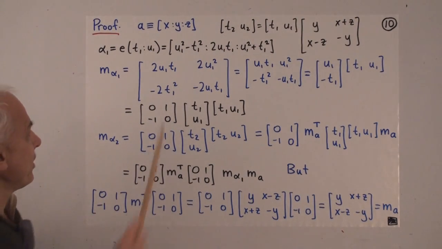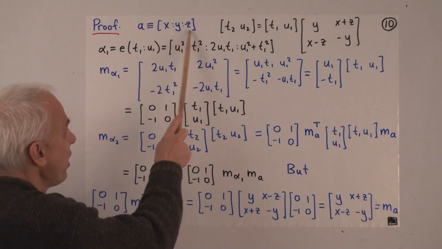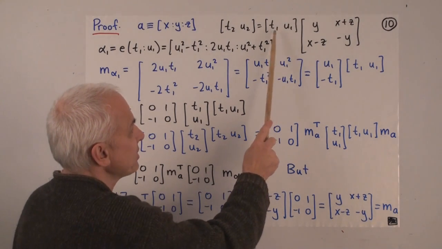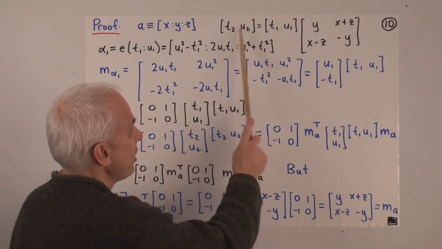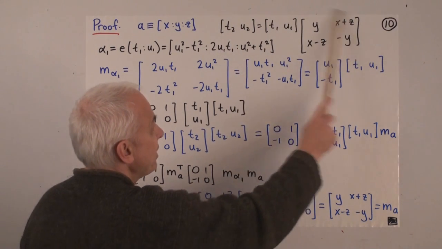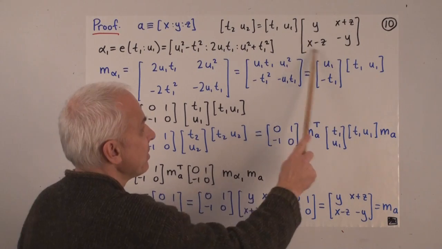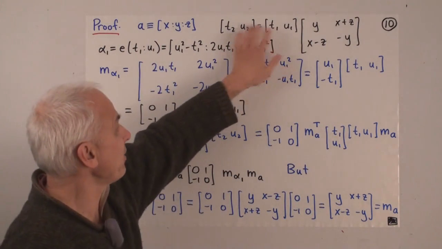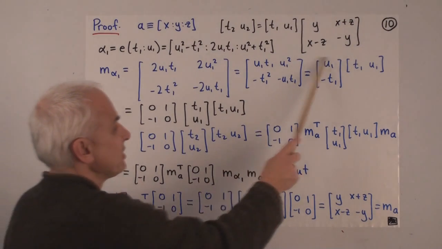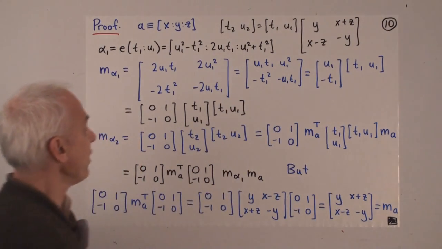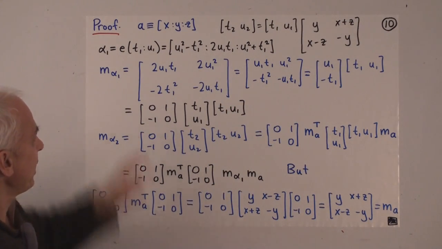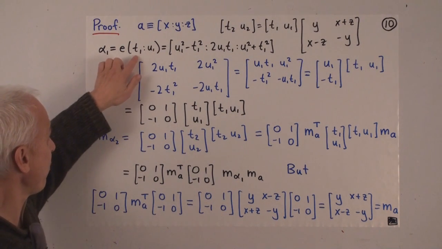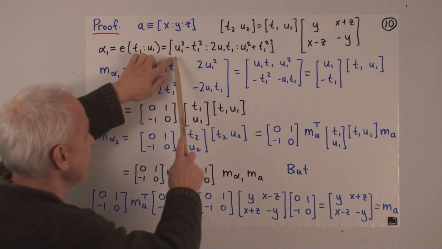So what are the ingredients? There's our point A, x to y to z. We're assuming that we have two null points given by proportions t1 to u1 and t2 to u2 that are related by, one of them is obtained by the matrix for A multiplying the other. There's the matrix M of A, with A there. Here's our form for a null point. The null point with proportions t1 to u1 is this one right here.